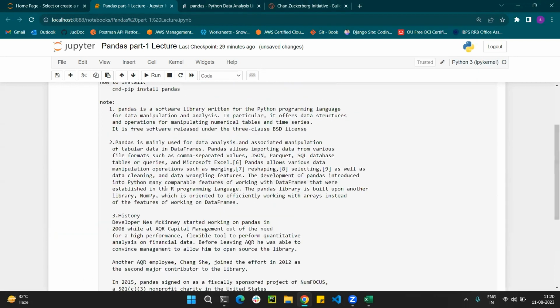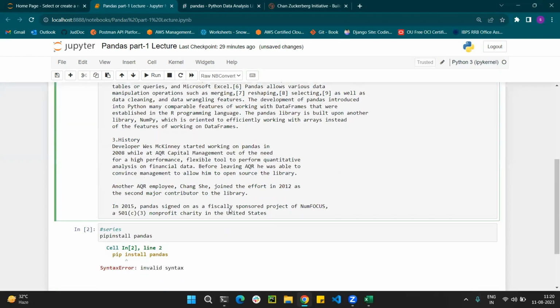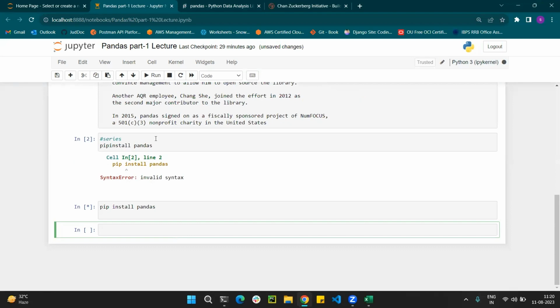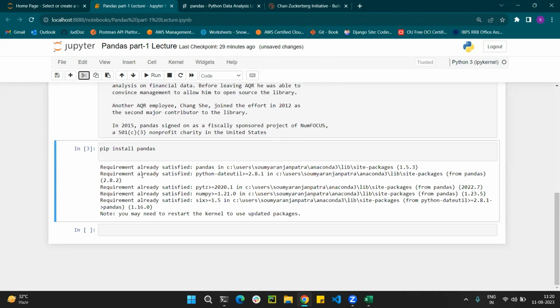It will take some time. I already installed Pandas.